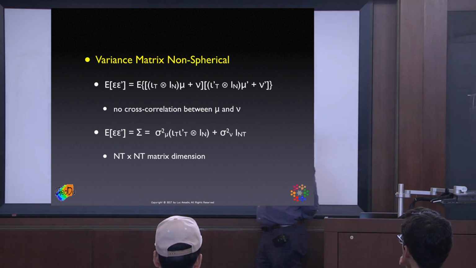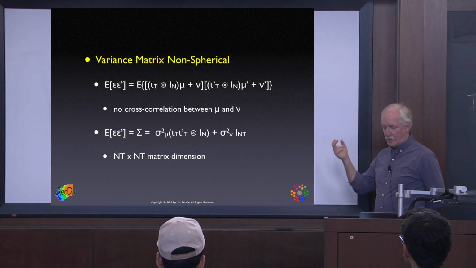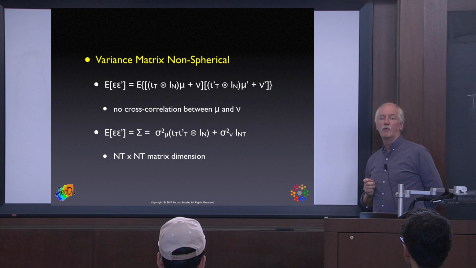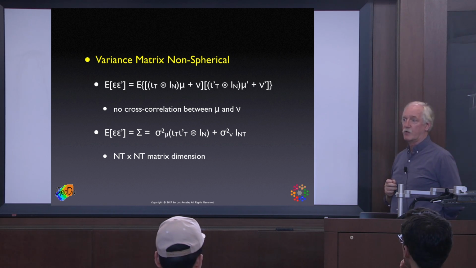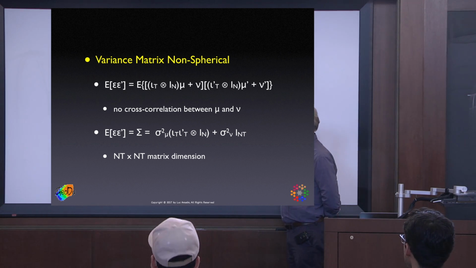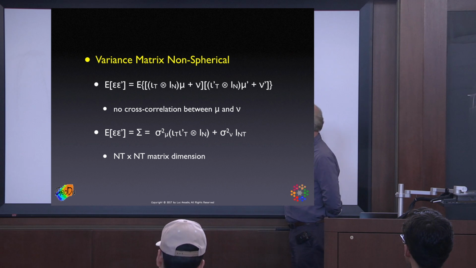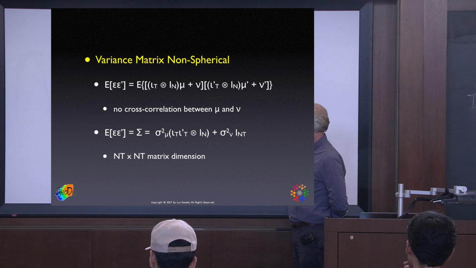Then the overall variance takes on this form, which is again a little flipped around relative to the standard textbook result. But we have the variance of the time varying error term times a very long